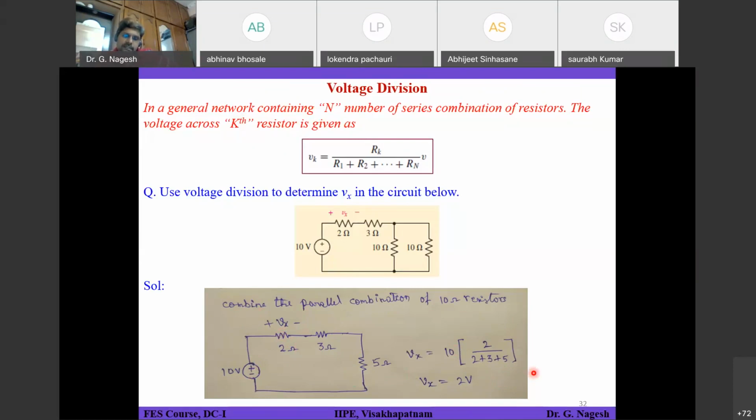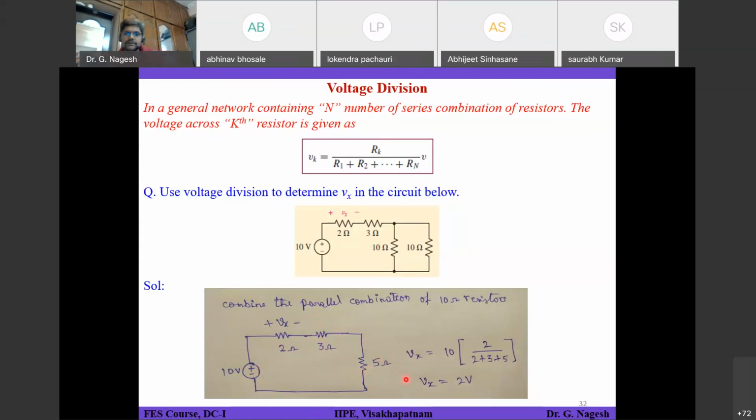So what will be the voltage across the 5 ohms resistor? 5 volts. Right. Now if you cross check this, the voltage across the higher resistor will have a higher value. If you see, these two are 5, these two are 5, that means the voltage will be divided equally across this combination and this combination. So it will be 5 volts if you want to cross check.